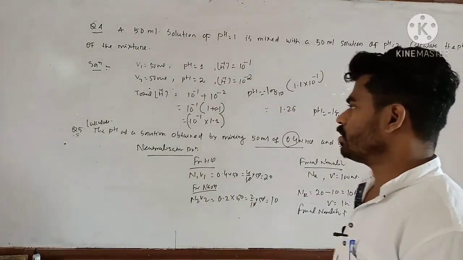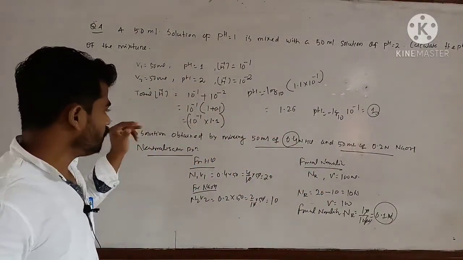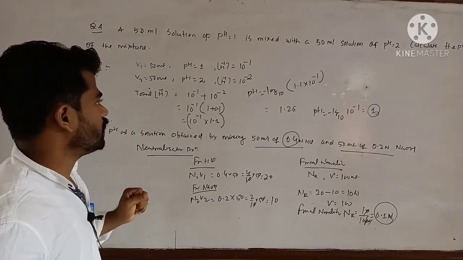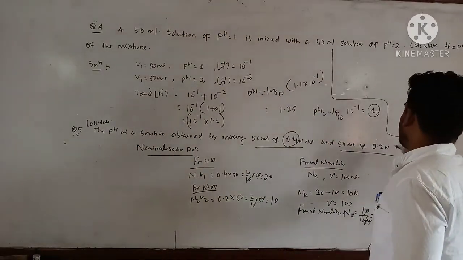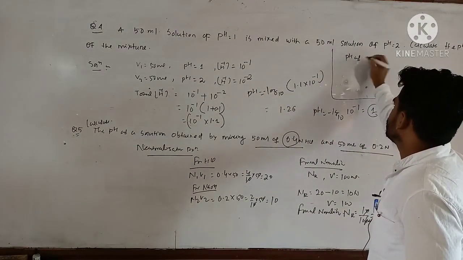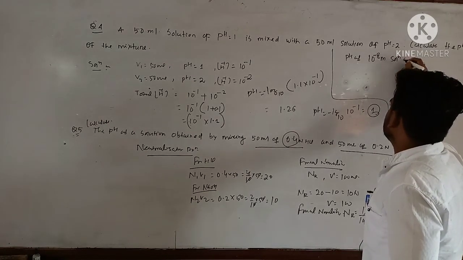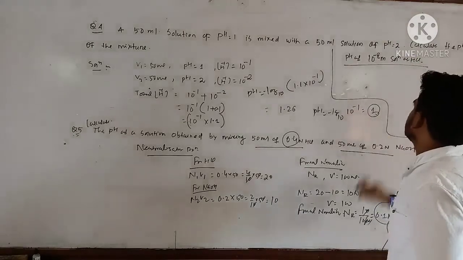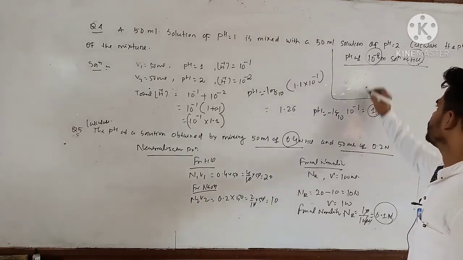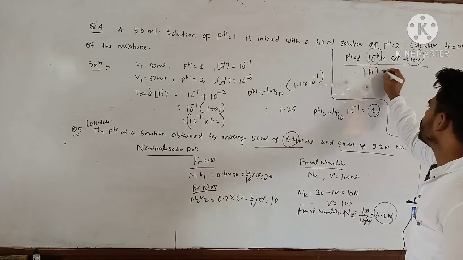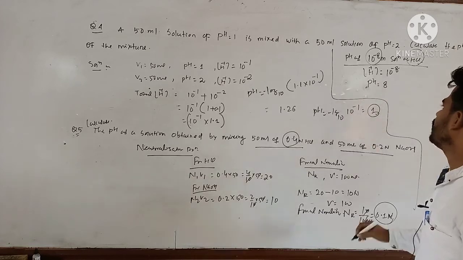So for today's class we have discussed something very important, that is the pH. Again, one piece of information I need to say over here. Somehow we can calculate the pH of a 10 to the power minus 8 M solution of HCl. Here you see the solution is acidic, but the concentration is 10 to the power minus 8. So from this you can consider the H plus ion concentration equal to 10 to the power minus 8. So pH will be equal to 8, which is not possible.